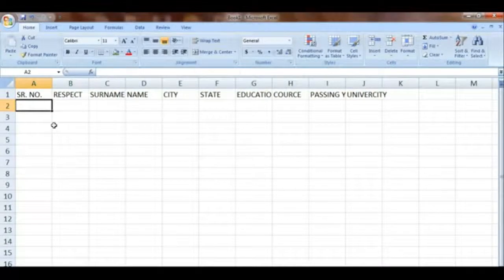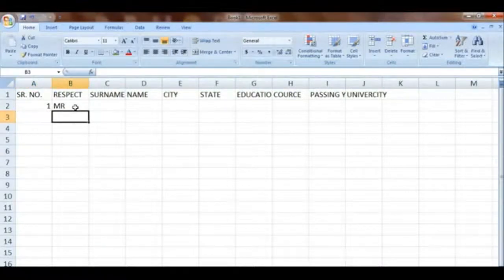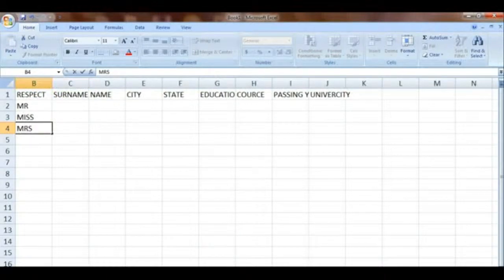So first of all, the serial number is as it is, no need to put anything, but for the respect we write Mr., or you can say Miss and Mrs. So no need to write it, we will make a drop down list here.